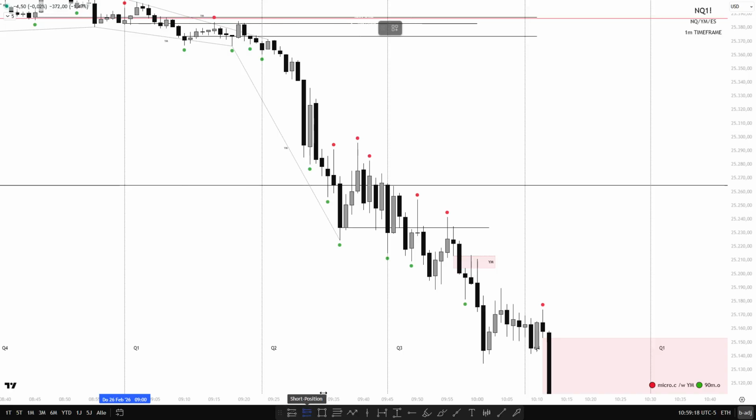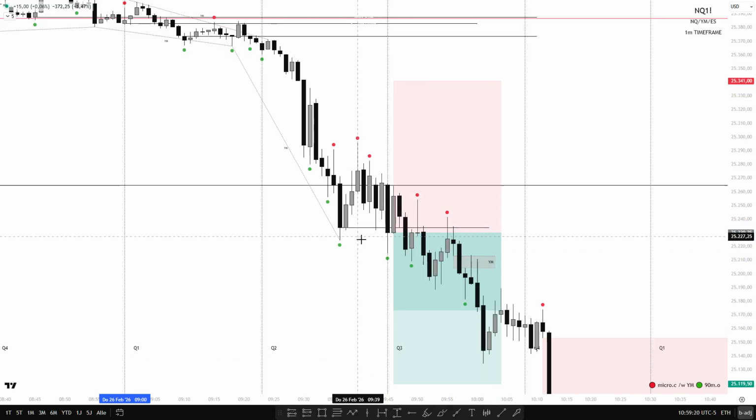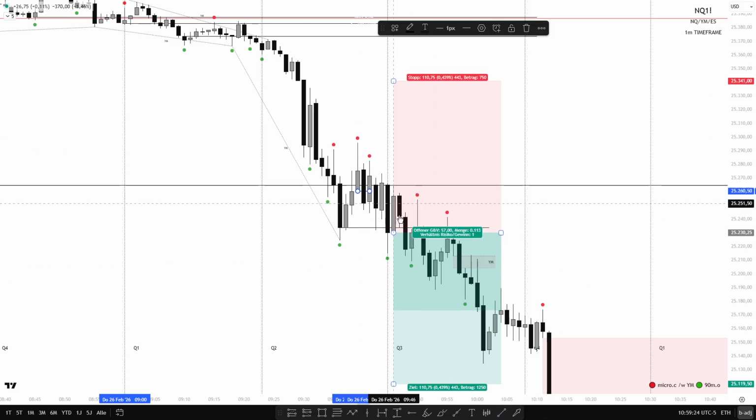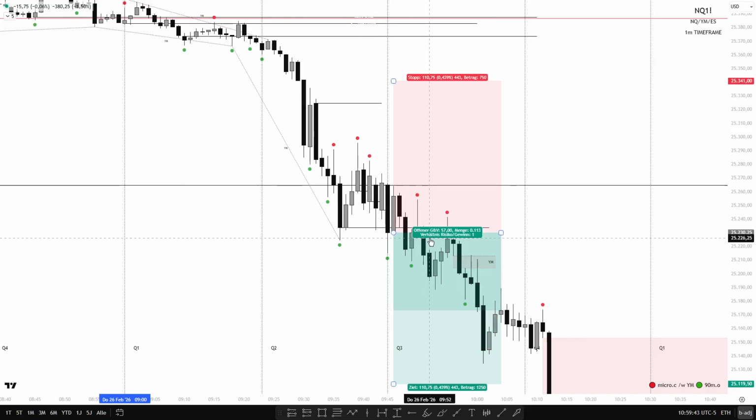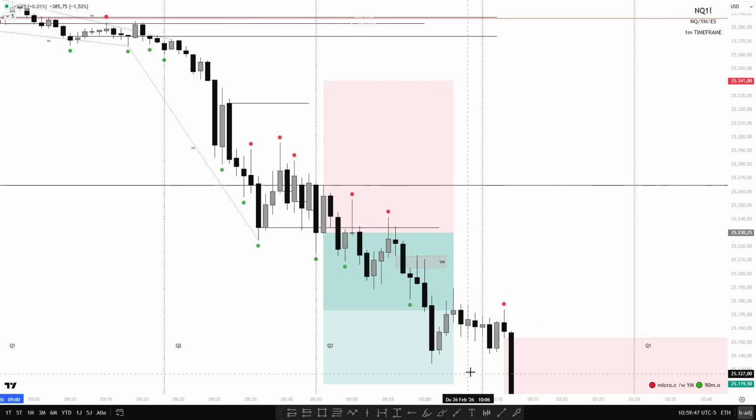I entered my short. As you can see, we had kind of the same thing, propulsion block right, first change in the state right here. It's not really a change in the state, we're still bearish. Normal change in state is right here, but inter-candle change in state, another inter-candle change in state, another inter-candle change in state. So you can say that this is just a liquidity build to sweep all these highs right here, but I was pretty sure that we want to drop lower,